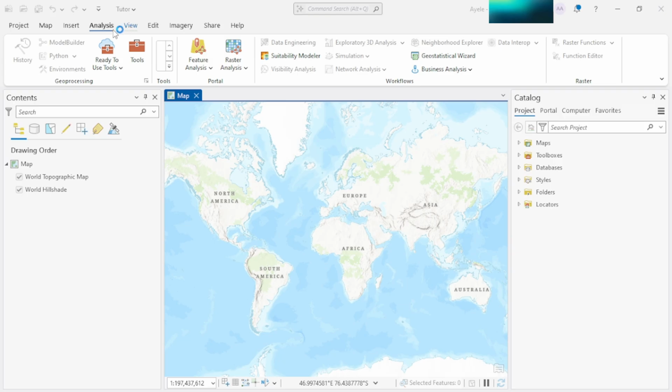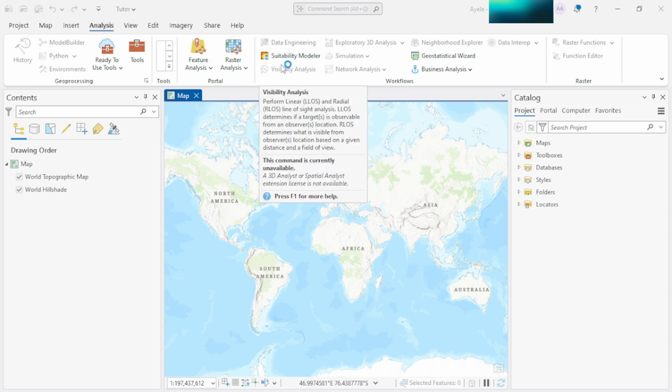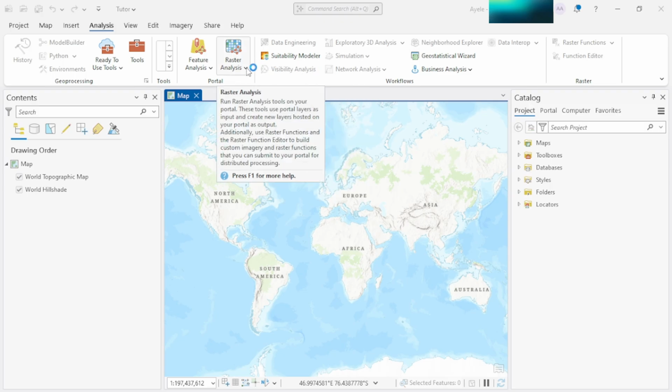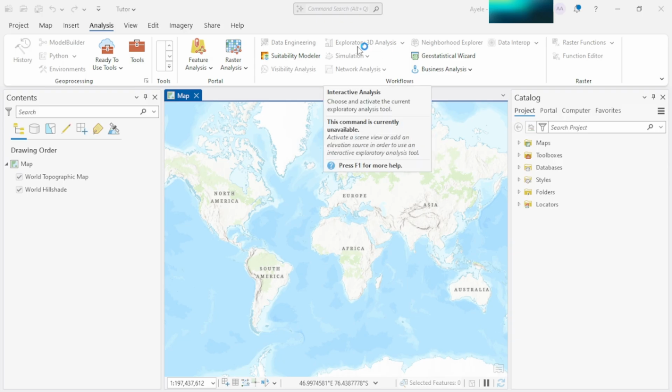menu bar. Under Analysis, you can check here the tools, ready-to-use tools, and here are also many modeling options: data engineering, suitability modeling, visibility analysis, raster analysis, and feature analysis. Even though it is not active because I have not added data.